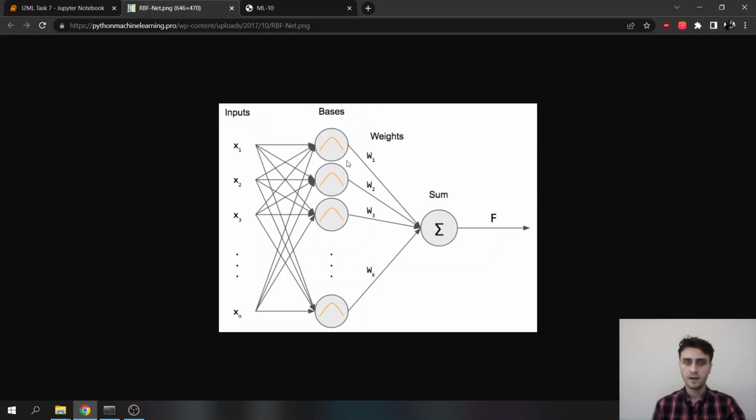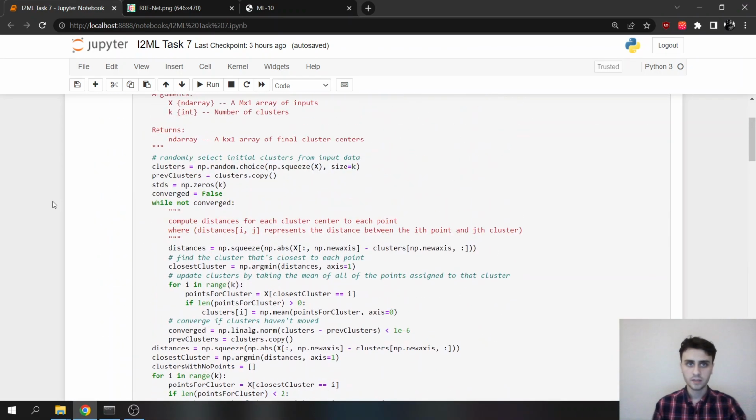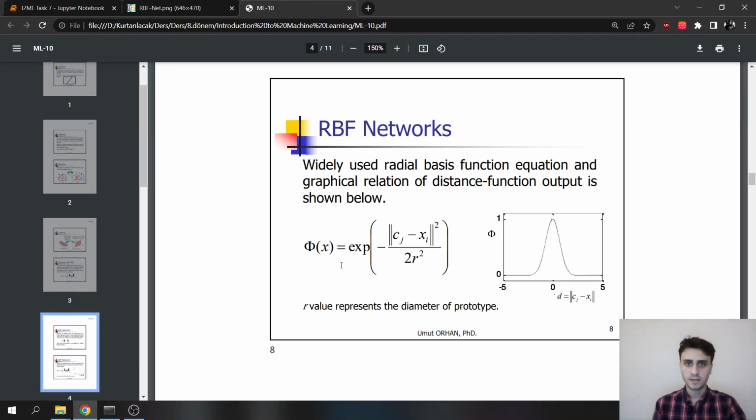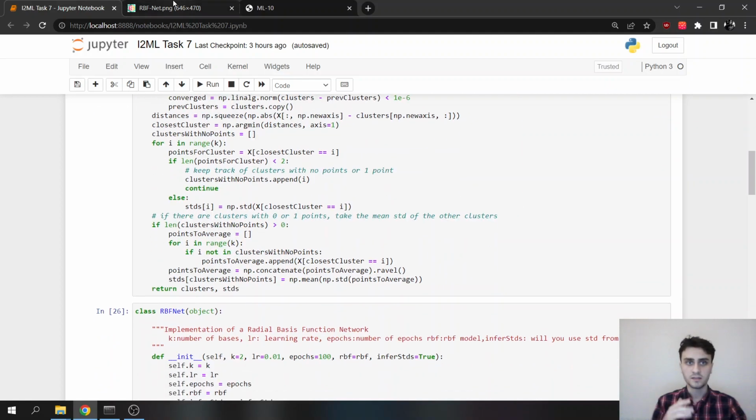It has bases, which work like activation functions, and then does its calculations, and then uses backpropagation to update weights and biases. And I'm going to show you the example. As you can see, this is exactly the same as this formula. And then k-means, I'm not going to explain k-means. You can watch my k-means video. But here this gets a one directional input array, and then returns the cj, which is the centroid.